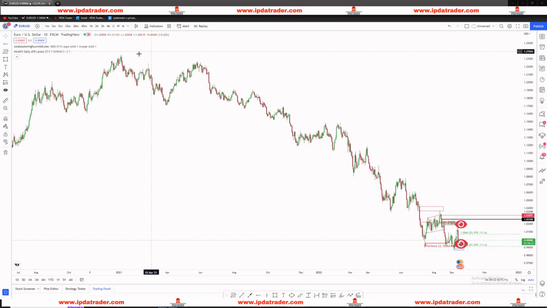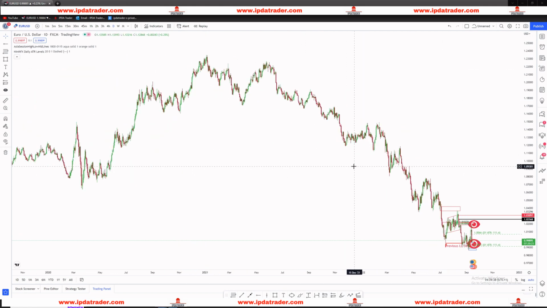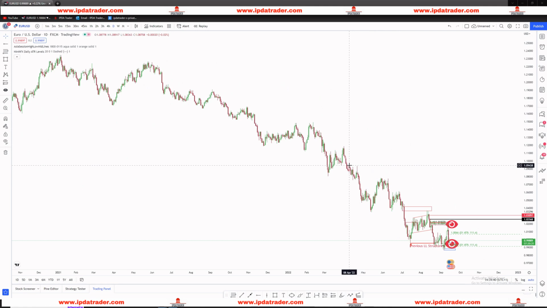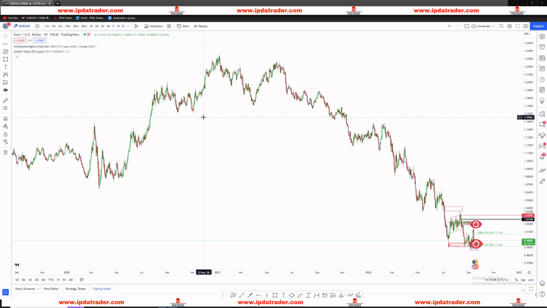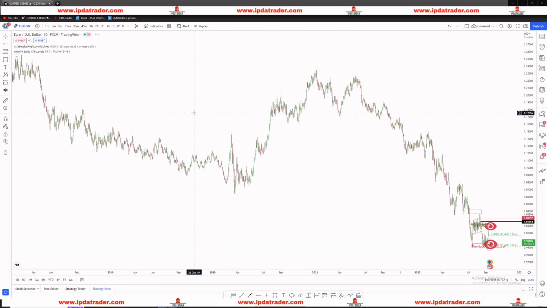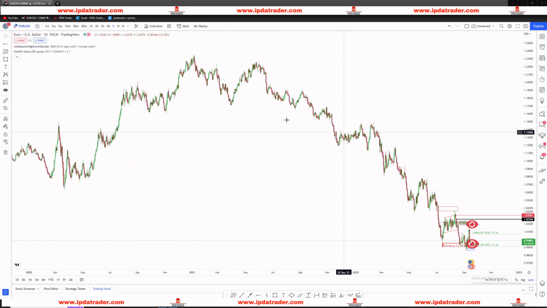Obviously, this is a market that is pushing lower, right? And if you look at the fundamental outlook, you will see the reason and understand why things are happening. But once again, we're not talking about fundamentals, okay? So this is obviously a bearish trend.